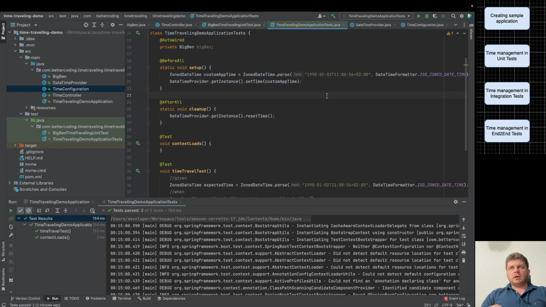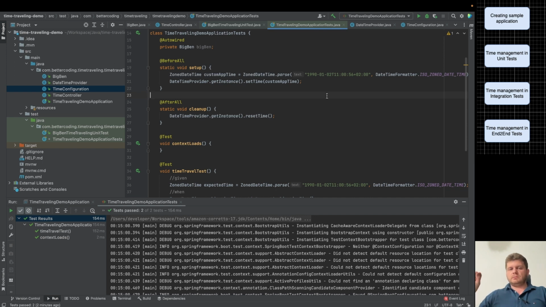And what we would like to achieve is to move all of those applications to some point of time. So we usually have another application, for example, responsible for performing tests,